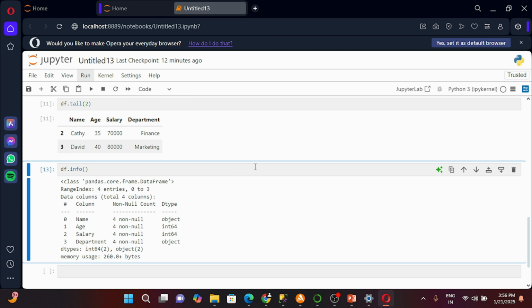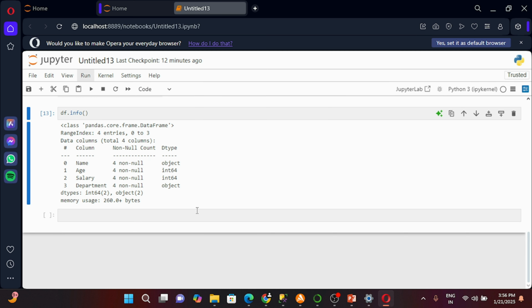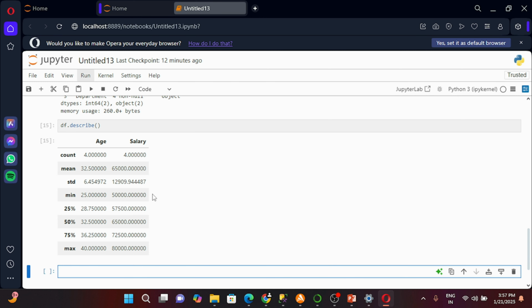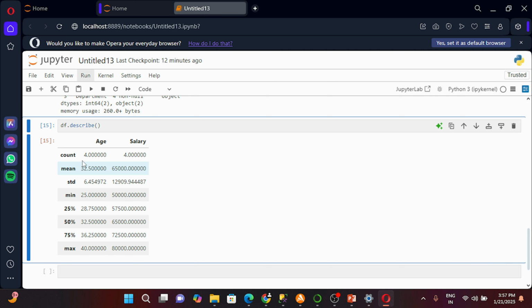And then let us go to another function, which is your describe. Let's see what describe gives us. Let me just quickly run it. It is going to give us the descriptive statistics for numeric columns, including count, mean, standard deviation, and min, max, quartile values, right? As you can see, this is the statistical information. If you are aware of the mathematics statistics concept, we have mean, average, standard deviation, count, min, right?